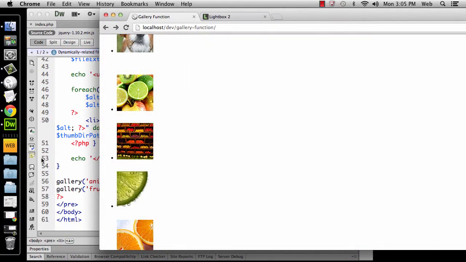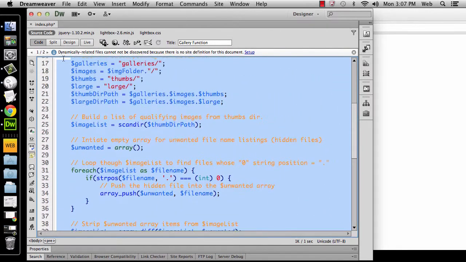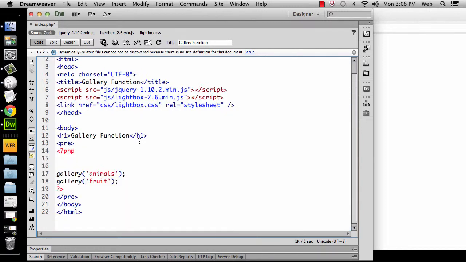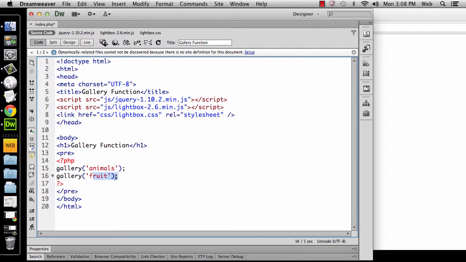Alright, so it's working. The last thing I want to do is take my function and put it in a separate page. There's no reason that it should be in this single page, because the idea of creating a function is that you can reuse it on multiple pages, multiple times, and it's just loaded into the memory. It's more efficient. So I'm going to cut this, and just refactor a little bit, and tab that in,